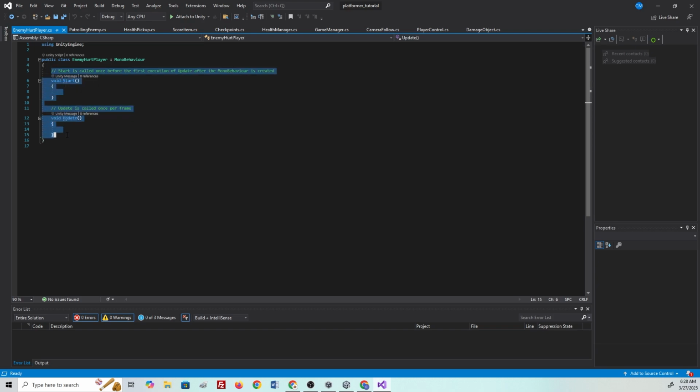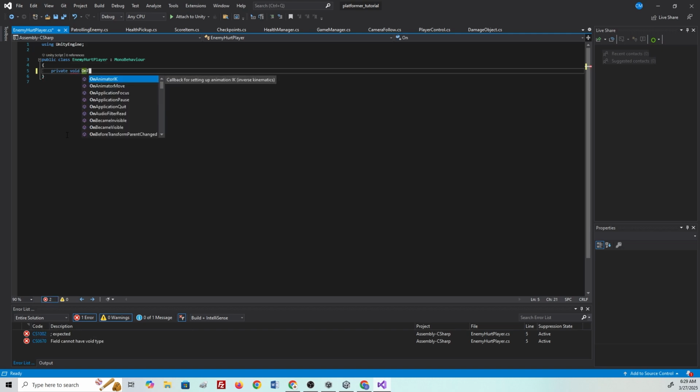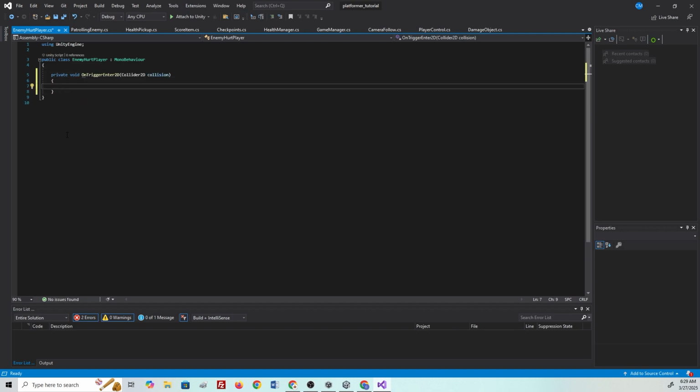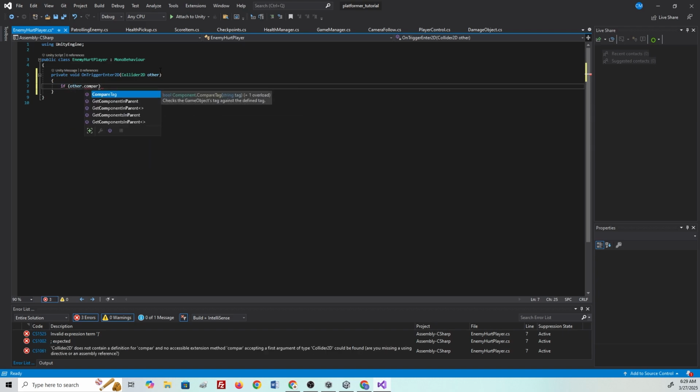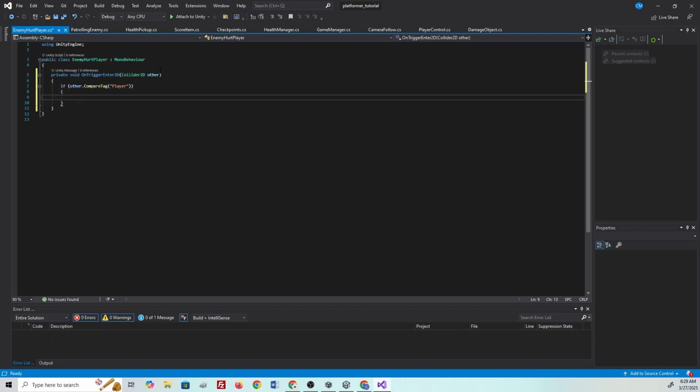We're going to go private void OnTriggerEnter2D. Alright. I'm going to go ahead and change collision to other. If other dot CompareTag is the Player, oops, then what we're gonna do is